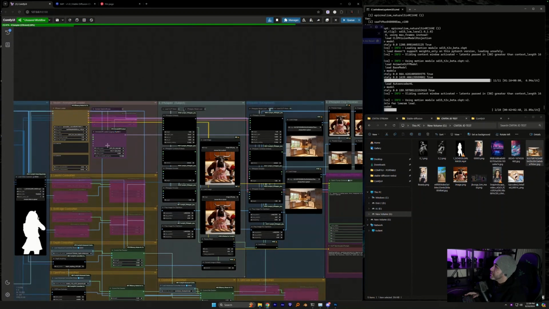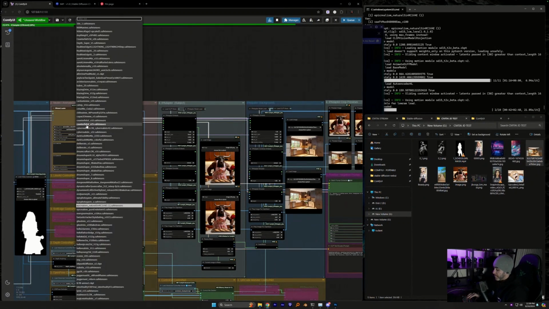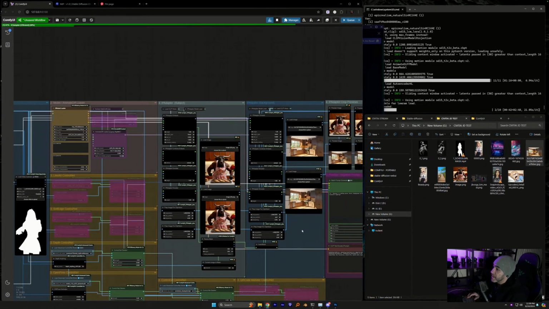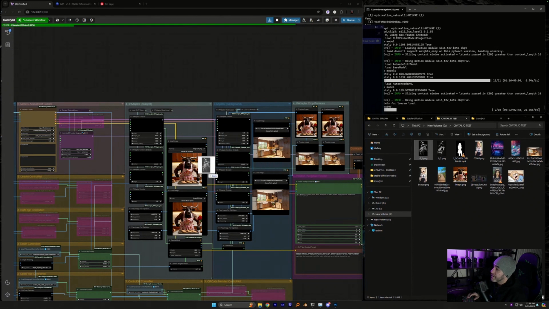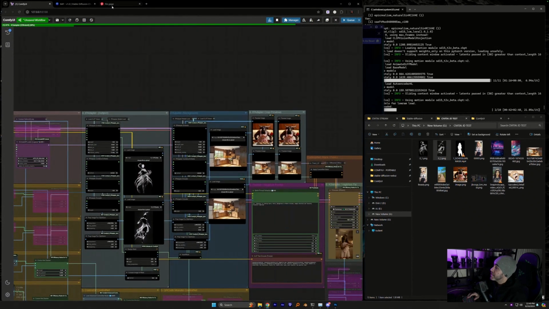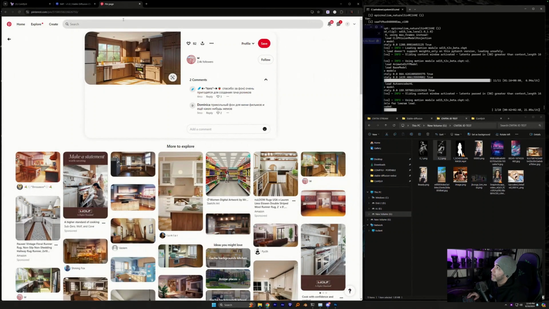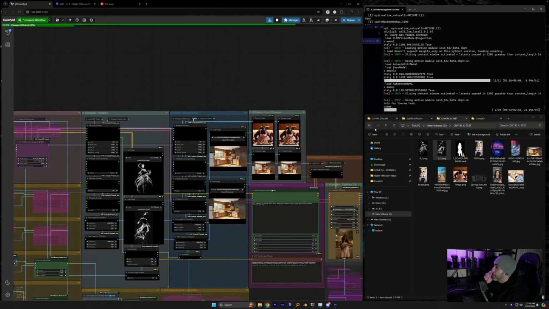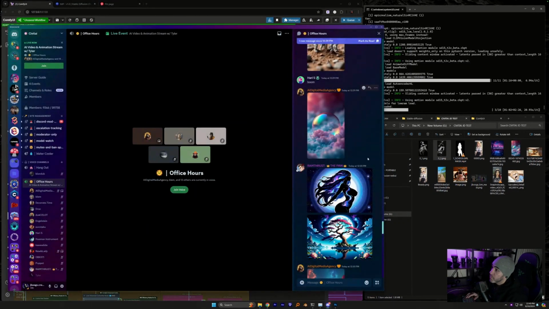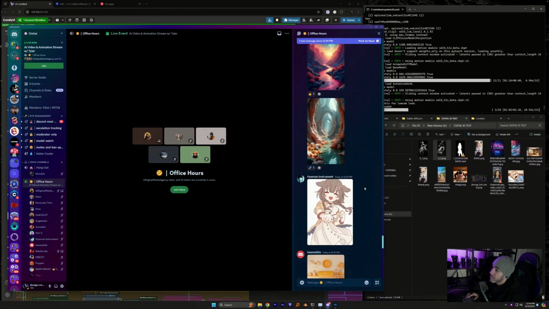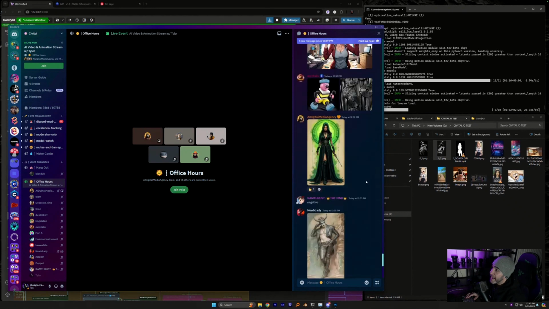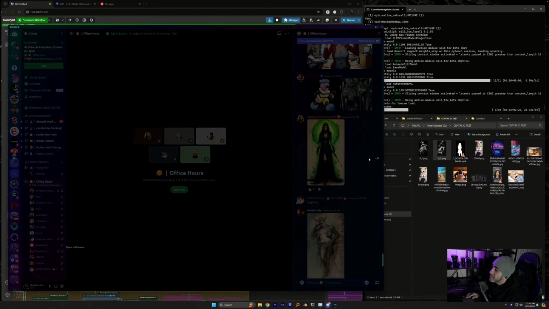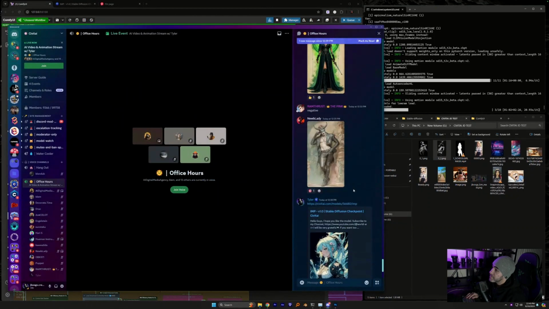Okay, let's try one of these more abstract things, but with the anime model. Let's go back to the anime model, and I want to try this one. For this one, we need a cool darker background image. This one might be a little too busy.